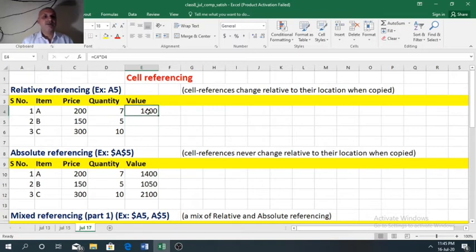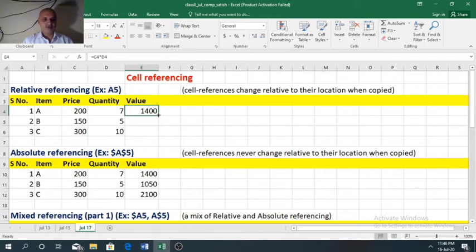The same formula we want to copy for the other two items, B and C. So we don't have to type the formula again. Just select the cell where the formula is typed, that is E4. Now at the bottom right corner of this cell, when you put your pointer, it will change to a plus symbol.